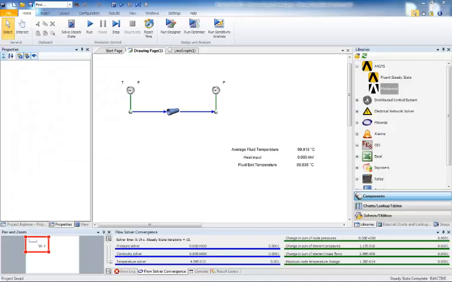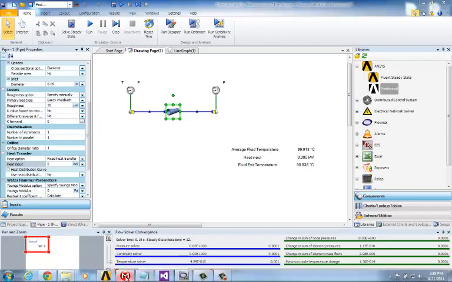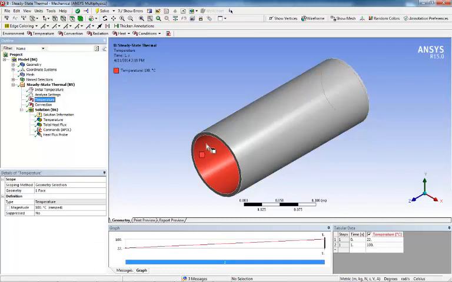Okay, so before I move on to setting up the link, I just want to explain our basic problem. What we're going to be doing is pulling a fluid temperature from this pipe in Flownex. We're then going to be feeding that into our thermal analysis in ANSYS Mechanical. So if I open up our 3D model, you can see this inner wall temperature is what we're bringing in